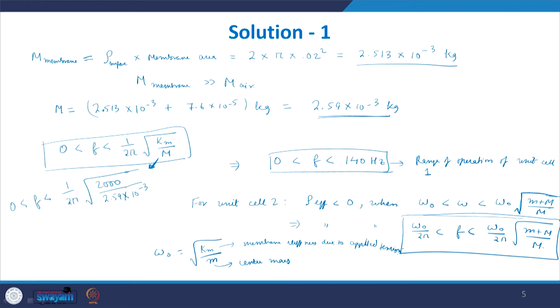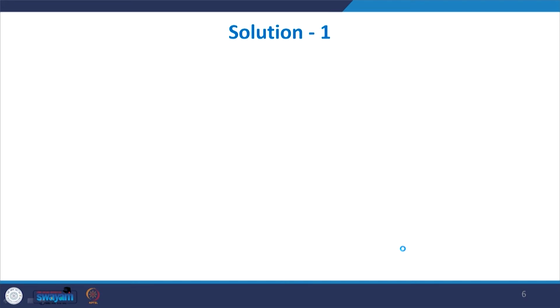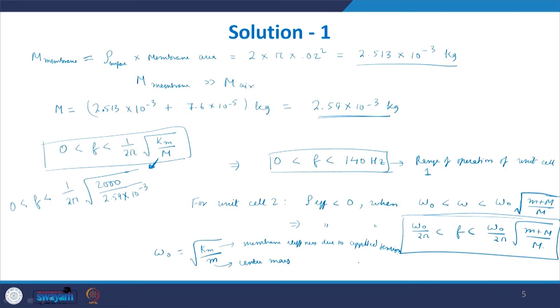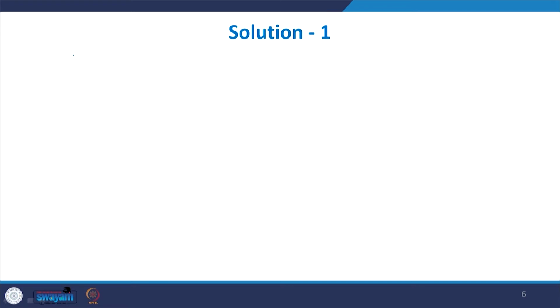Okay. So let us calculate these two values to find out what is the frequency range for the second case. So for the type 2, let us first calculate. So we can write this equation here, this particular frequency. If we put the value of omega naught into this equation, what we get is the overall frequency should lie between this value here to this value.